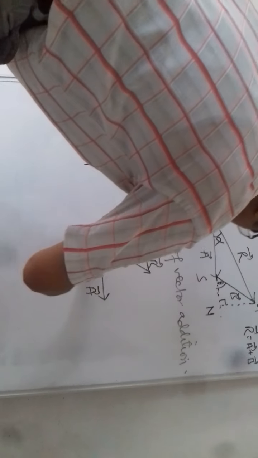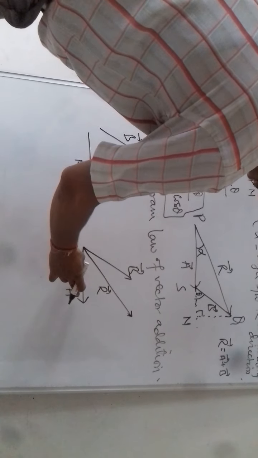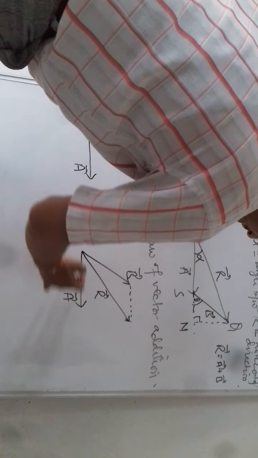So we have to observe the resultant vector in such a way to make a parallelogram. This is the resultant vector of the addition by the parallelogram law of vector addition, in such a way that the resultant vector is in the middle of vectors A and B, and we make the parallelogram parallel to the given A and parallel to the given B.